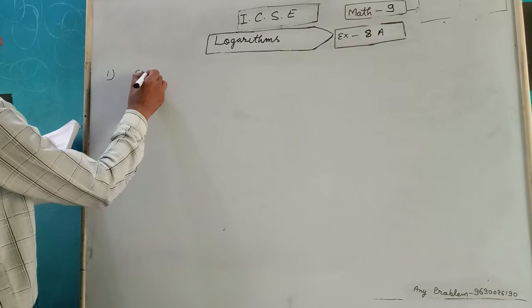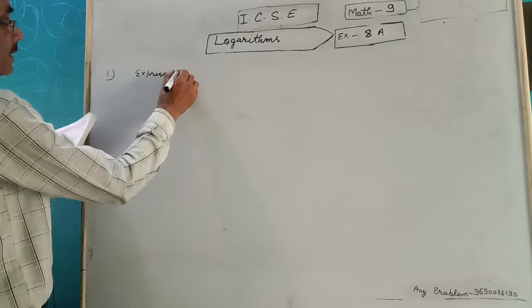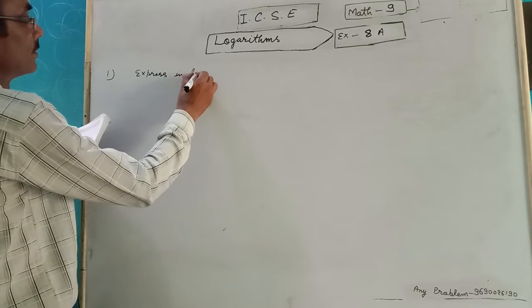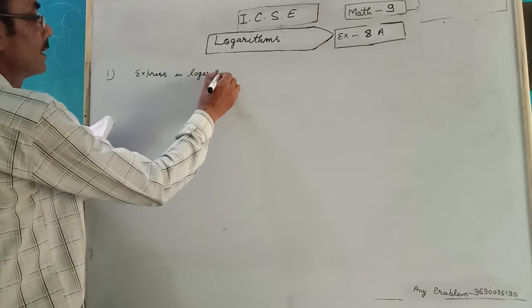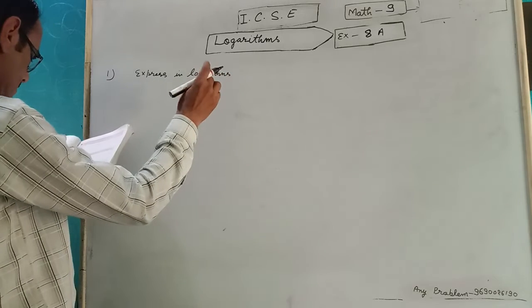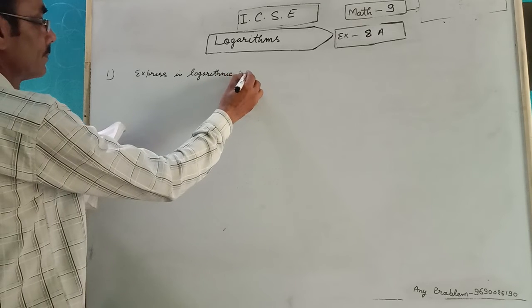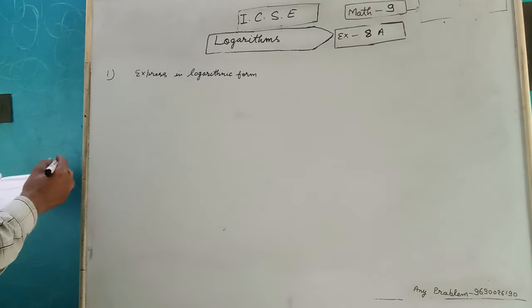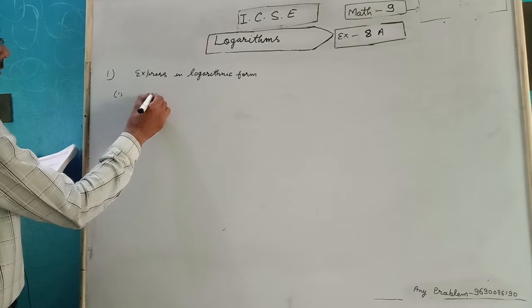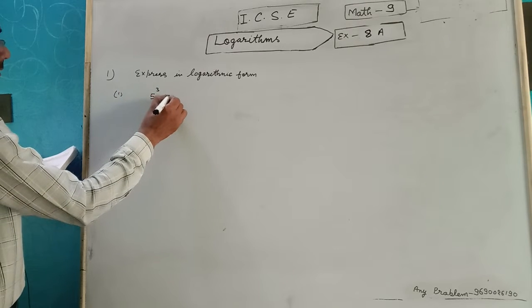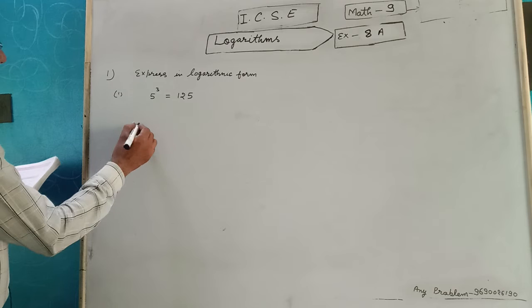Express in logarithm form. First part is 5 as power 3 equal to 125. So you write